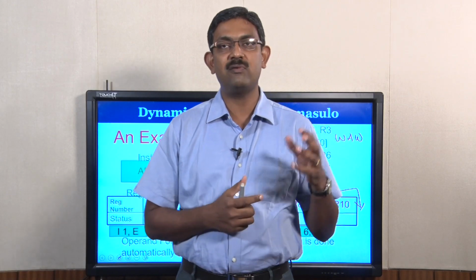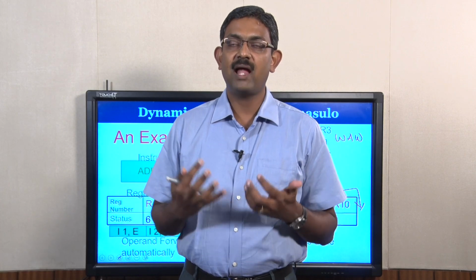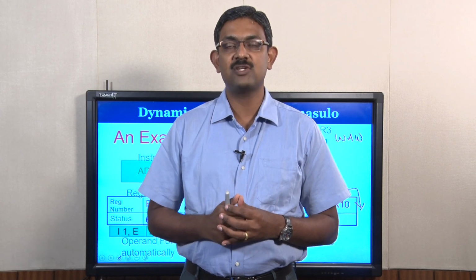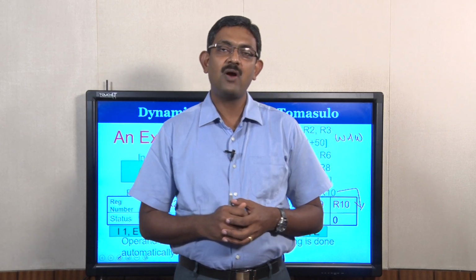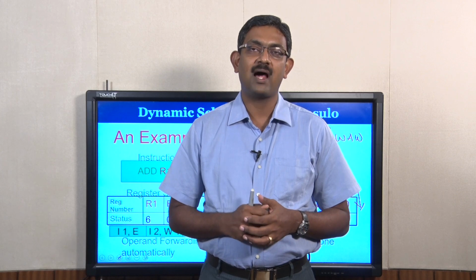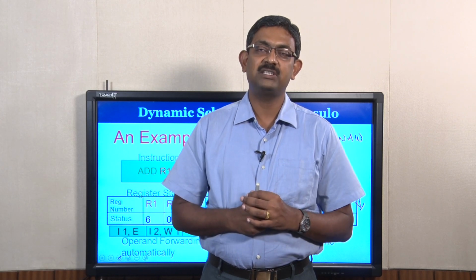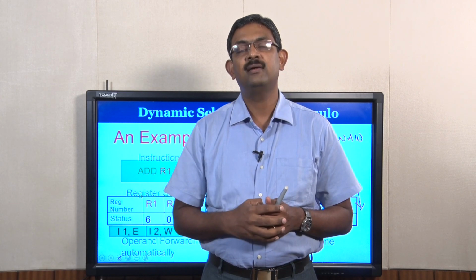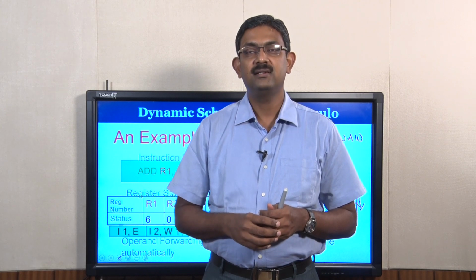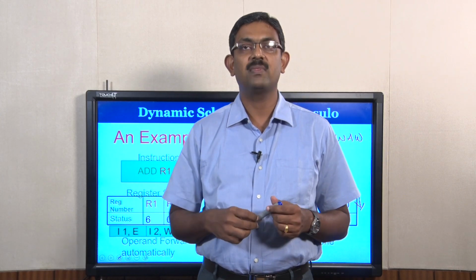If the value is 0, go and fetch the operand value from the register file and keep the operands ready and wait in the reservation station associated with the functional unit. If the operand is not available, which you will come to know by looking at the RSI value, you are waiting in the reservation station pinging the common data bus. So, as and when the appropriate functional unit produces a result, the reservation stations which are continuously pinging the CDB will grab the result, get the operand and then start executing.